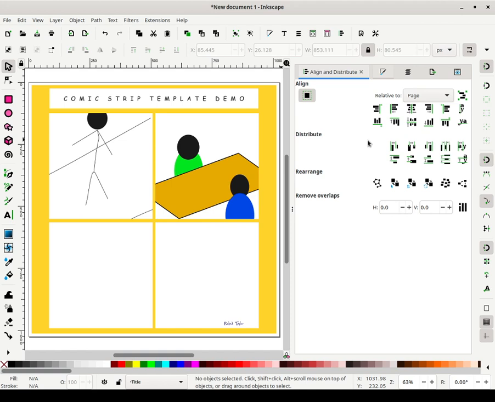Just skip the part where I completely forgot the very important detail of making sure the object that you are clipping is below the thing that is being used to clip it, and make sure that you have a duplicate panel as well to clip to, so that you still retain your background, unless of course you're planning to design a comic where the panels are not clear and obvious and you just want to have a white background with different images side by side.